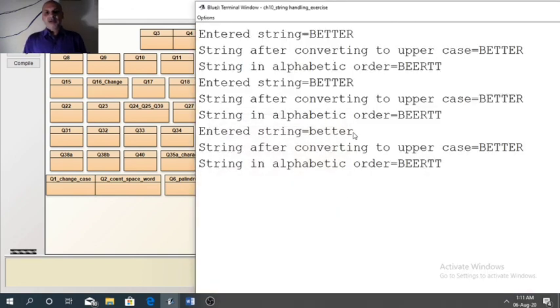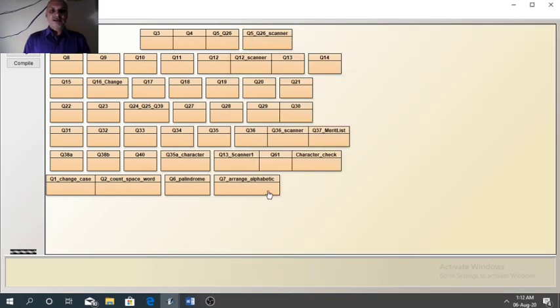Now the input is entered in lowercase. So after changing to uppercase you will get the same word in capital letters, and after arranging you will get the correct result. See once more.